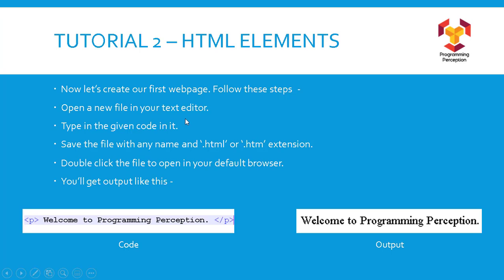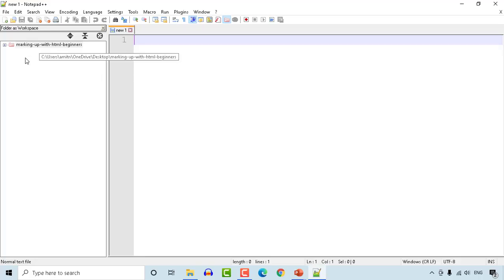Now let's get back to our Notepad++, and here you can see there's a plus icon over there, and you can see your folder here. Now even you can work in Notepad++ without creating any workspace or anything like that, but I am creating this so that I can provide you these codes as well. So okay, let's see. Now I want to create a file in this folder.